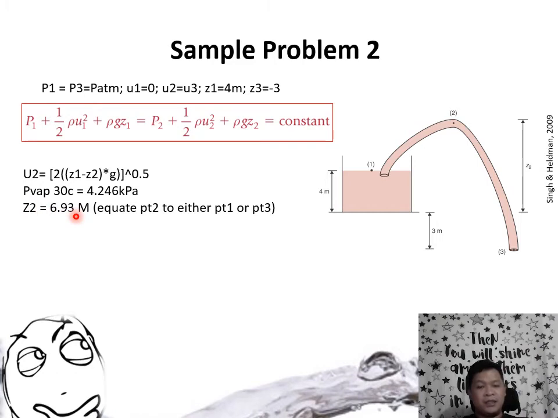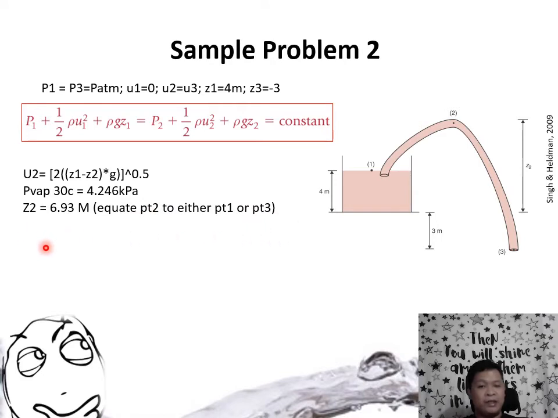That means the pressure at point 2 must not exceed this value. So you could equate the pressure at point 2 at this value para ma-compute mo yung ito para ma-equate mo yung equation ng point 2 to any of the other equations. So kapag ginawa mo yon,